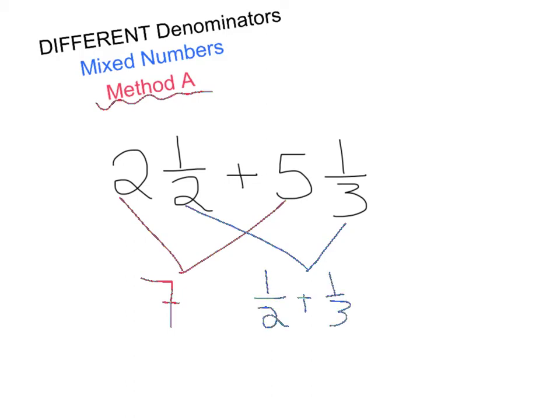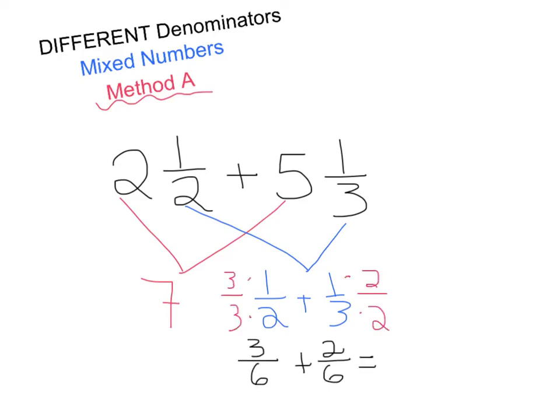Let's get a common denominator. Let's see, I know both 2 and 3 go evenly into the number 6. So if I want to change my denominator to 6, I'd have to multiply the 2 by 3, and then the 3 by 2, and whatever you do to the denominator, you must do to the numerator. So we should get 3/6 plus 2/6 that you can add the numerators. 3 plus 2 is